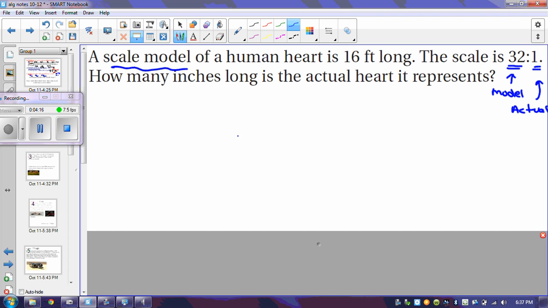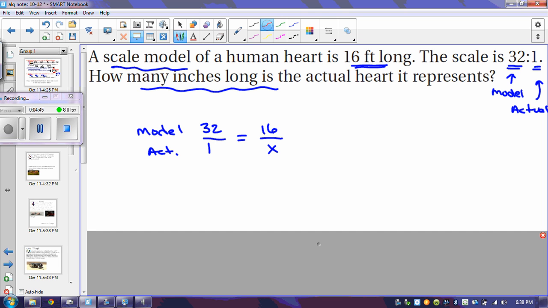So I can write myself a proportion to help me figure out the missing piece of information here. How many inches long is the actual heart? So since my scale is 32 to 1, and I'll want to have my labels out here, this is the model compared to the actual. Then I can come over here, and I know that since the model is 16 feet long and the model is on top, I'm going to put 16 here, and the thing I don't know, the actual length, is going to be right there. I can look at this and pretty easily see that the numerator was simply divided by 2, so I know the denominator will also be divided by 2, and I will get